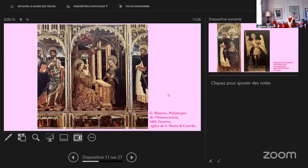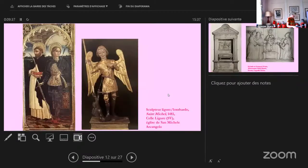Les sculptures qui sont réalisées contiennent des figures qui ont une structure tridimensionnelle solide dans le rendu des parties anatomiques et des vêtements, dont les plis ont une consistance sculpturale. Certaines comparaisons ont également été faites avec des artefacts en bois encore présents dans la région. Et voilà une comparaison. Et d'autres comparaisons peuvent être faites avec des réalisations en marbre, par exemple de Michele d'Aria,